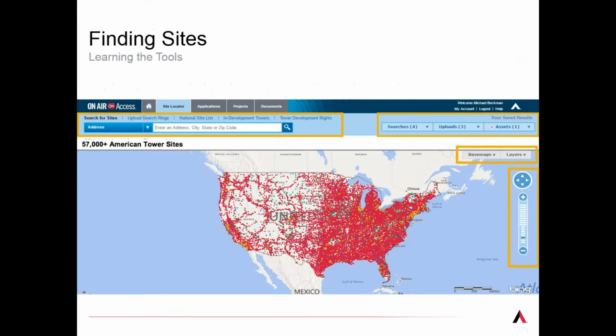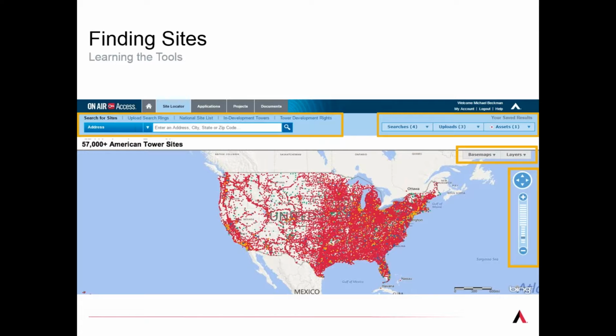What I'll talk about is some easy tools, and this is where we've seen some customers really take advantage of the tools that we have. Once you get into On-Air Access, you can see in the middle left of the screen it says Site Locator. What this does is give you a Google-style map of all of our assets throughout the U.S. You can zoom in, look by address, by lat and long, or by county, and really dive into a specific county that you're interested in deploying to, potentially to secure CAF funds.